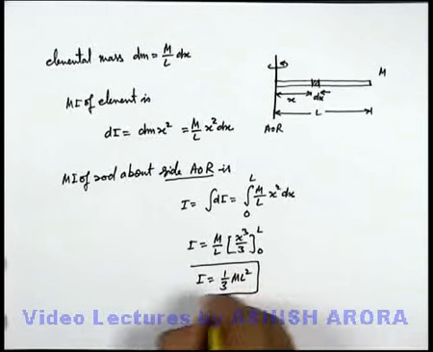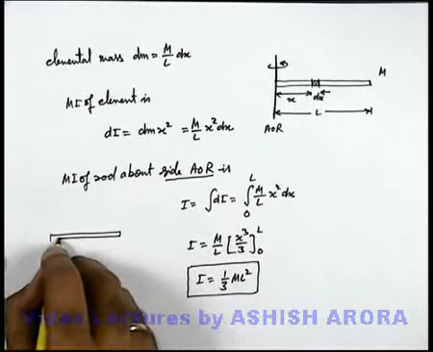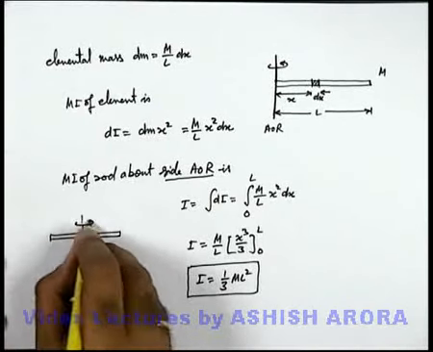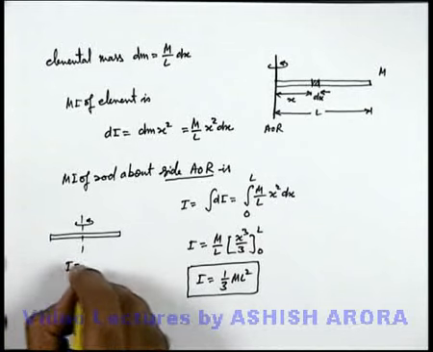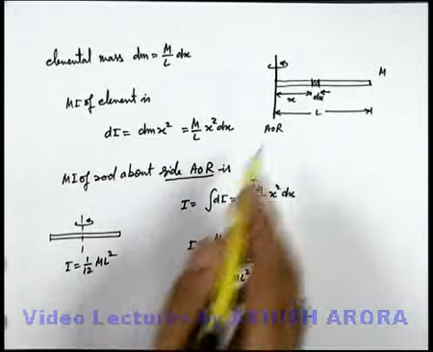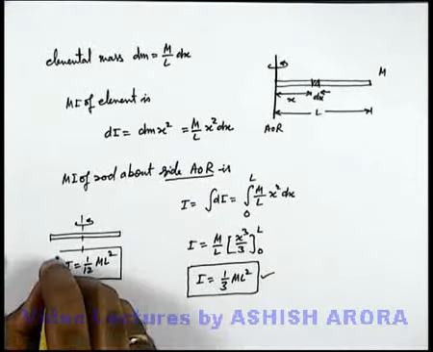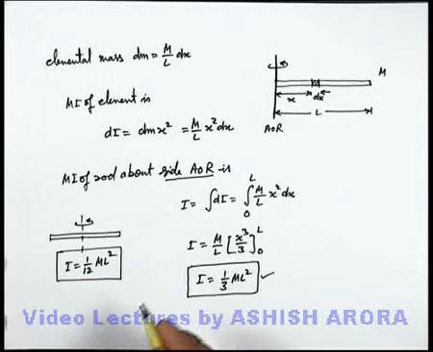So be careful about this result also. And always remember that for a given rod, if it is rotating about its central axis of rotation, its moment of inertia is given as 1 by 12 m L square. And about the side axis, it is given as 1 by 3 m L square. So both results you need to keep at your fingertips for various kinds of applications and problems.